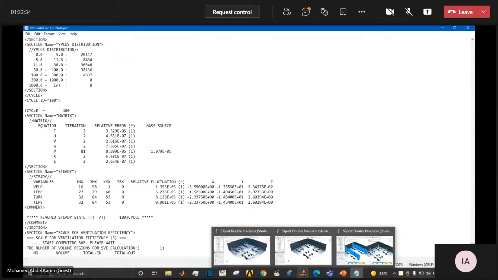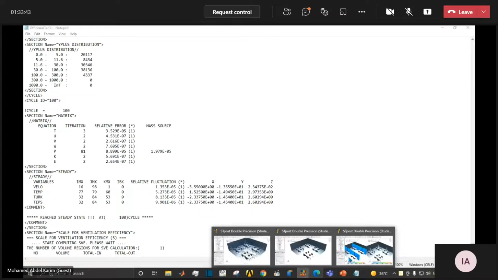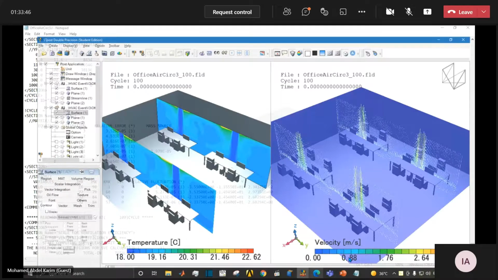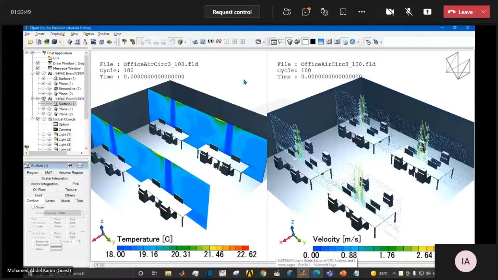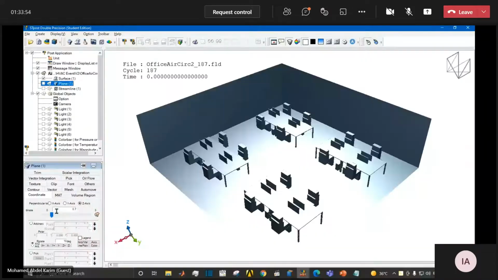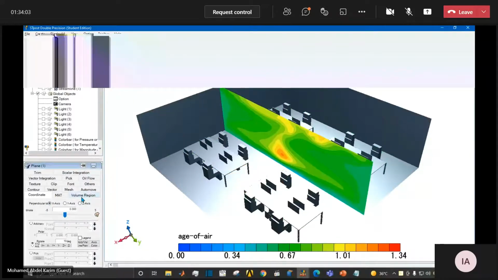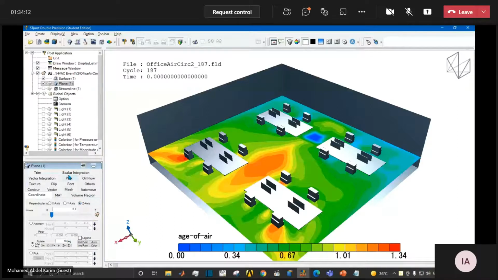Let me get through the post process. As you can see here, when you get your model, it will be something like that. To get some contour, as you can see here, you have plane. In the coordinate, you can change your plane where you can see your results, either x-axis, y-axis or z-axis. Also, you can choose the variables that you want to see from here. As you can see, either temperature, or magnitude of velocity,